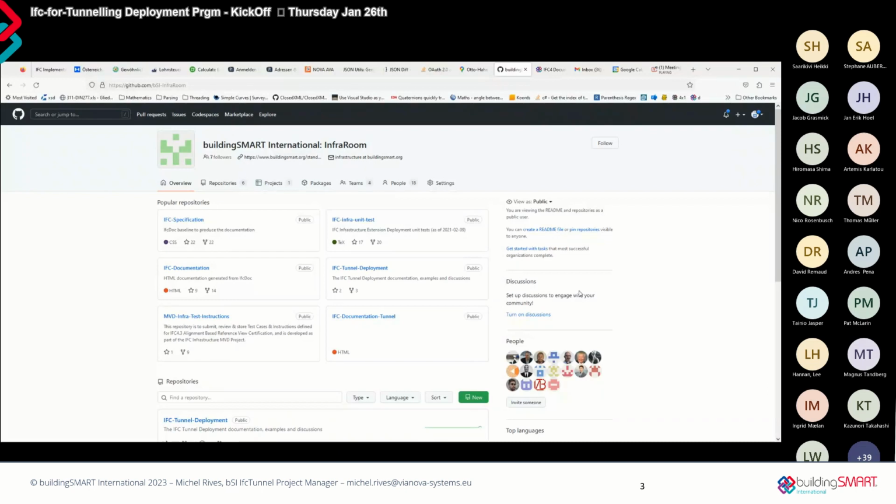We have a couple of repositories here, starting with IFC specification, which is probably the most important one currently, where our specification is stored with all the entities, the types, usages, templates. And from this repository, our documentation is generated. It is set up in a CI/CD manner. So whenever we merge a pull request